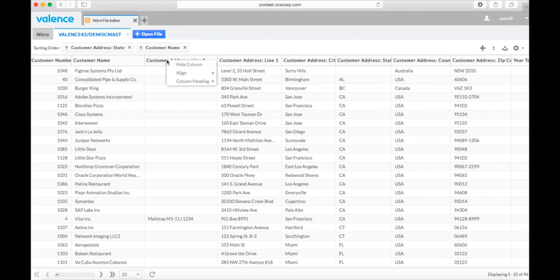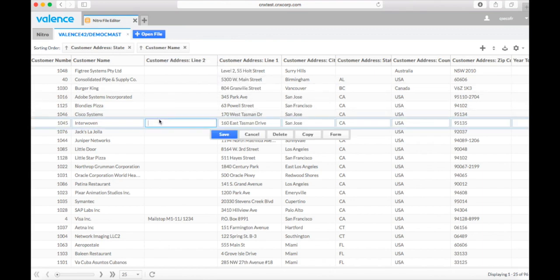Right-clicking on any column allows you to hide a column or change its alignment or heading. In order to edit a record, just click anywhere on a row to enter into edit mode. After you're done editing, click Save to update the record in the database. You can use the same method to delete and copy the record data or present it in a window form